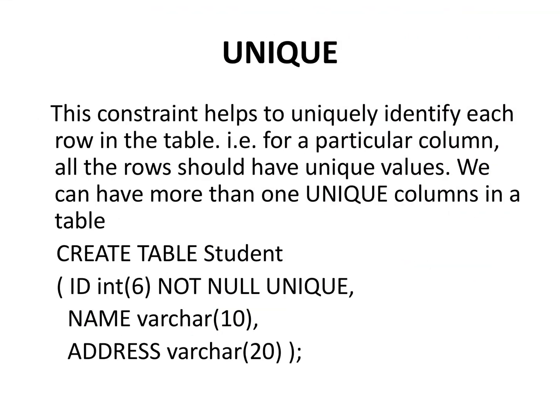Now next is unique. Unique as in, for a certain column, I want the row values to be different, each to have a unique value. For example, ID: every student has to have a different ID. Can I have two students with roll ID 10, or two students with ID 20, or 12 or 11? No. So for certain inputs that we take, we expect that different numbers are there.